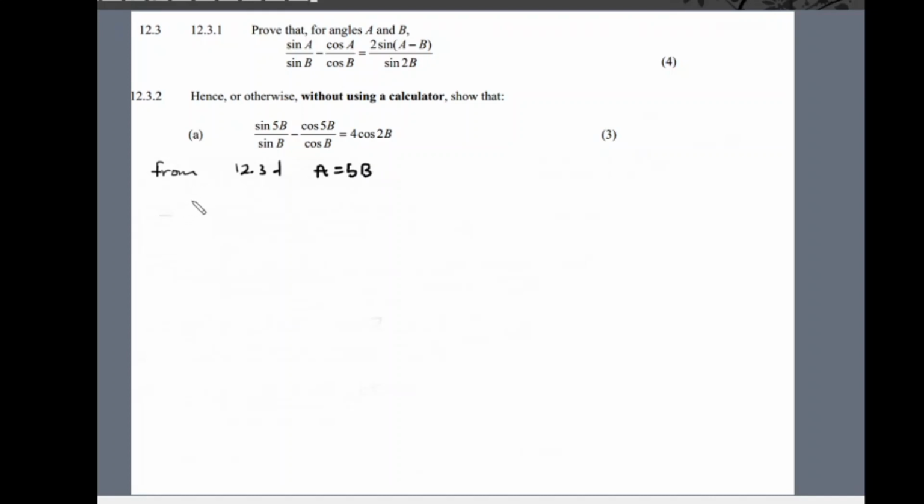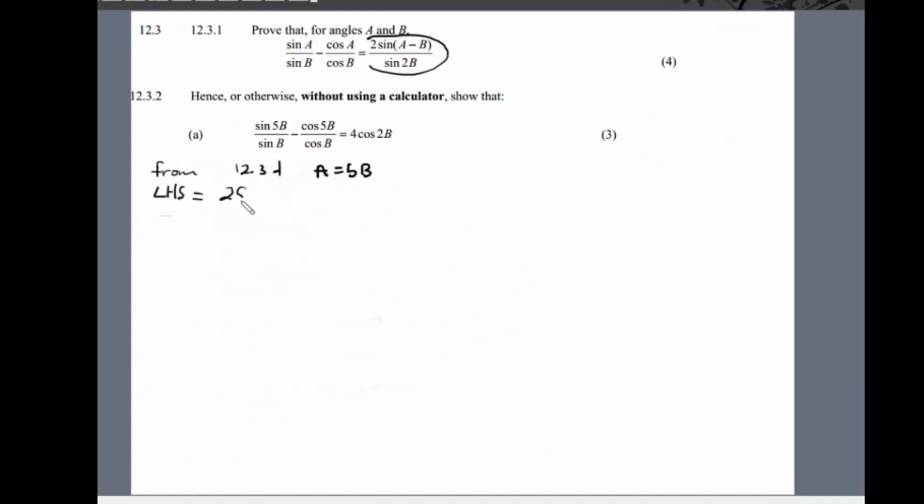And then it means that because we have showed this already, the left hand side is equals to this, it means we can rewrite the left hand side as